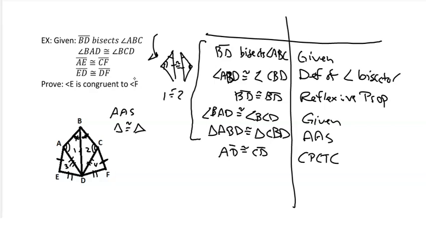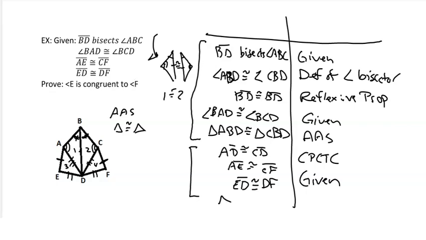Now I'm going to state the other givens I want for those two triangles. That would be that AE is congruent to CF, and also that ED is congruent to DF. Those are both given,